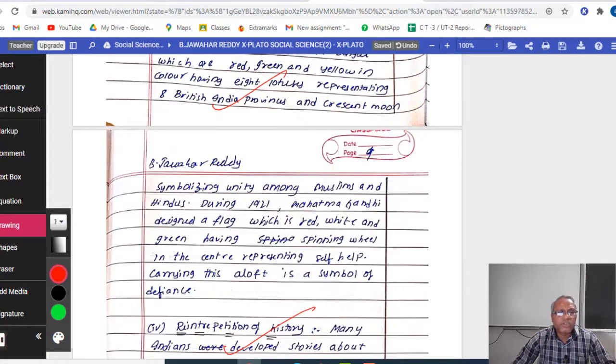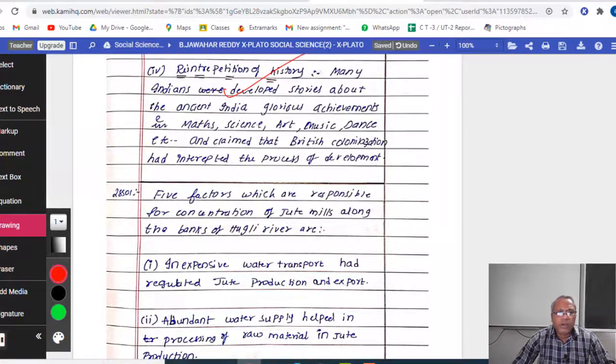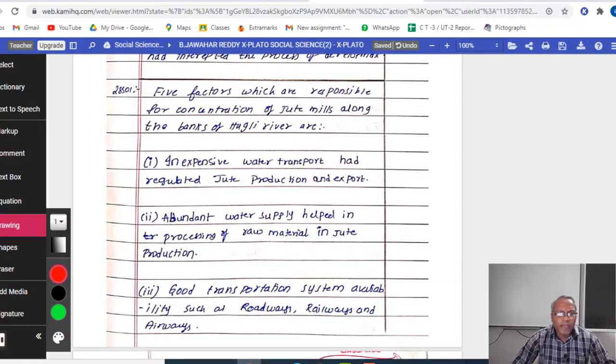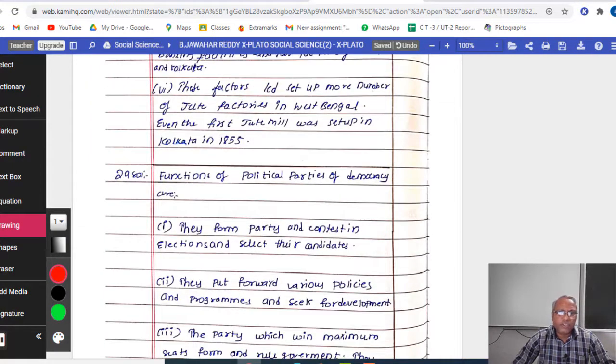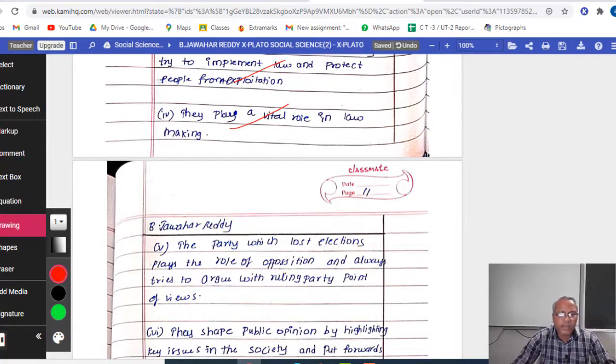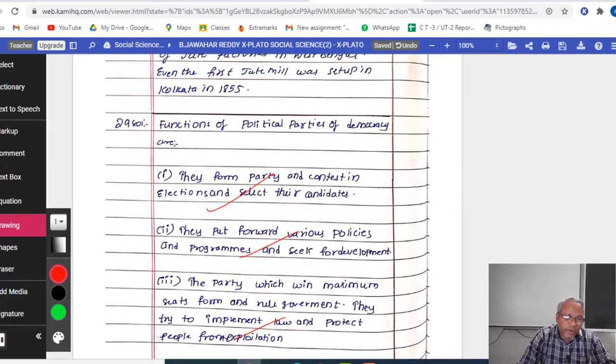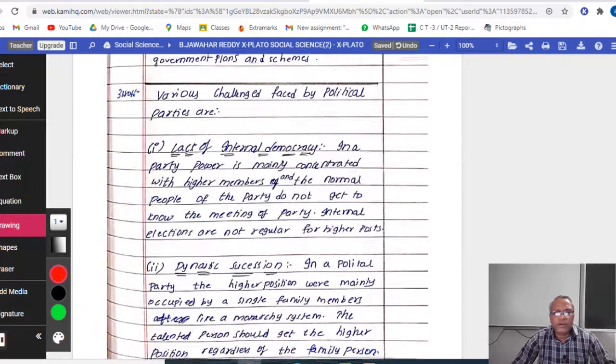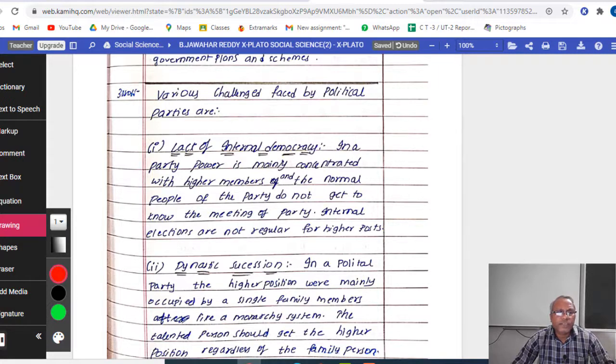My next question comes on political parties, the functions of political parties. All the points are correct. There are many points he has written correctly, so he gets full 5 marks here. Now coming to the next question, various challenges faced by political parties.